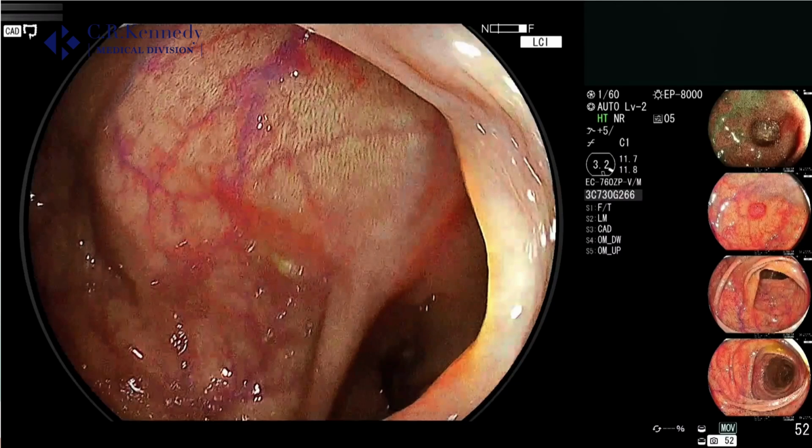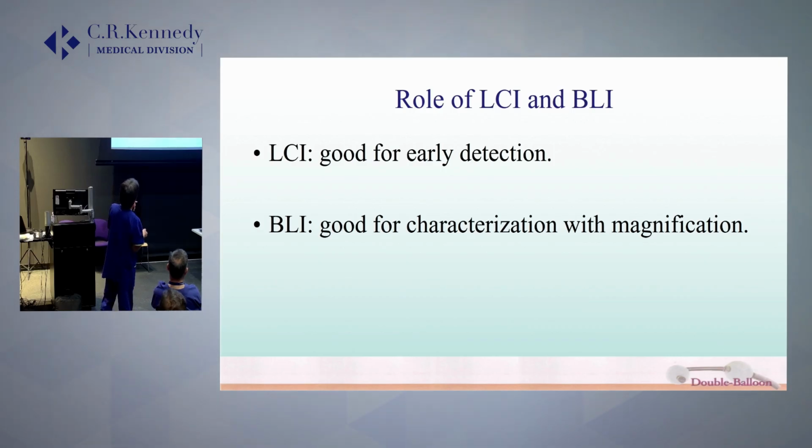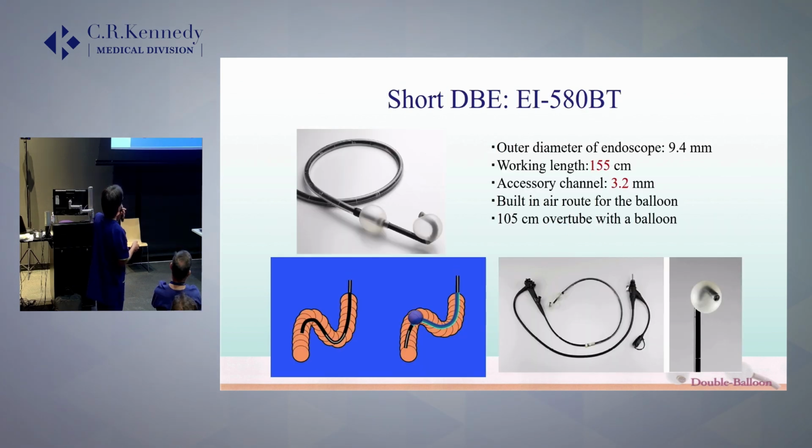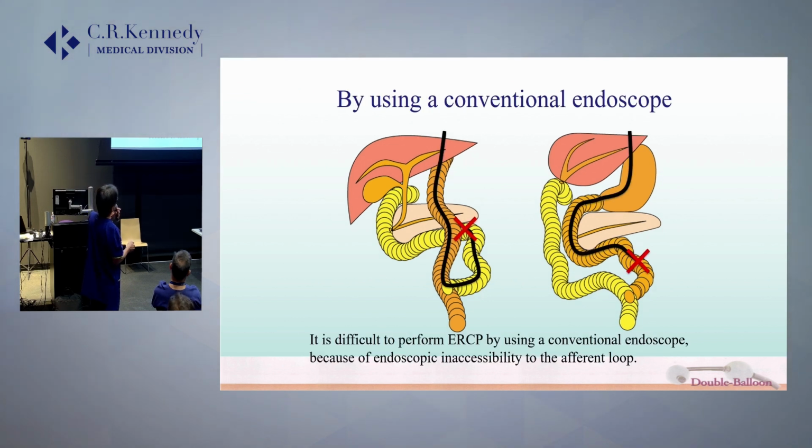Okay, so this is the Fujifilm LCI and BLI and AI. LCI is good for early detection and BLI is good for characterization with magnification. And short double balloon endoscope. This is good for Roux-en-Y anastomosis and doing biliary